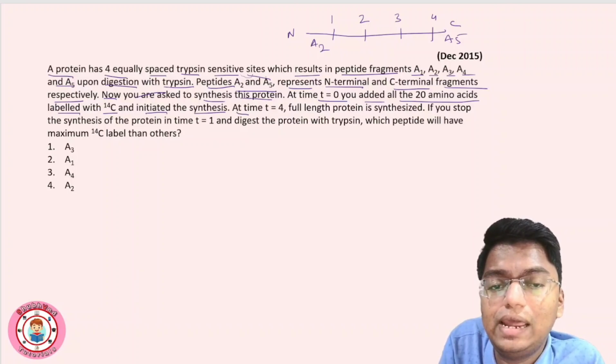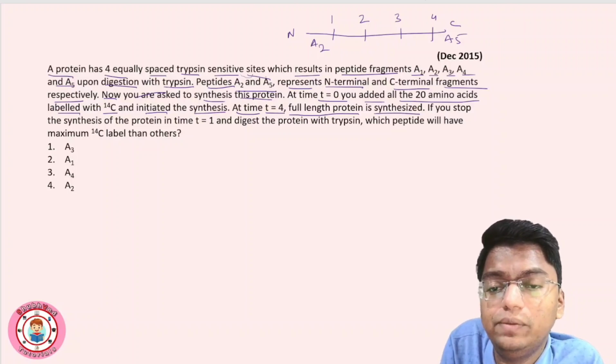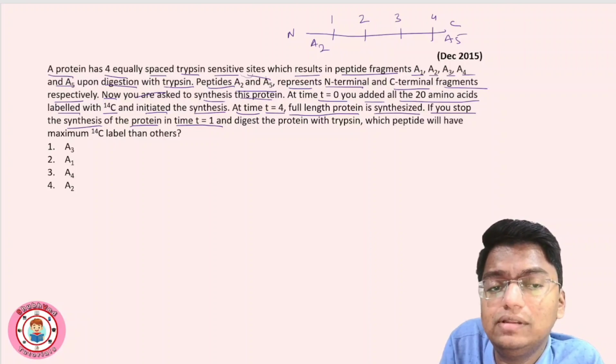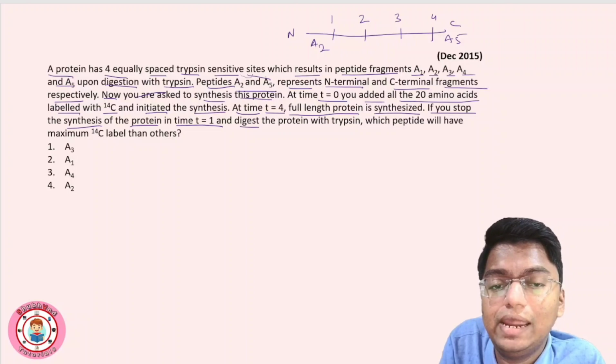Then at time t is equal to 4, full length protein is synthesized. Okay, full length protein synthesize हुई. If you stop the synthesis of the protein at time t is equal to 1. See, very important. अभी time 1 पर protein synthesis को stop किया है, terminate किया है, and digest the protein